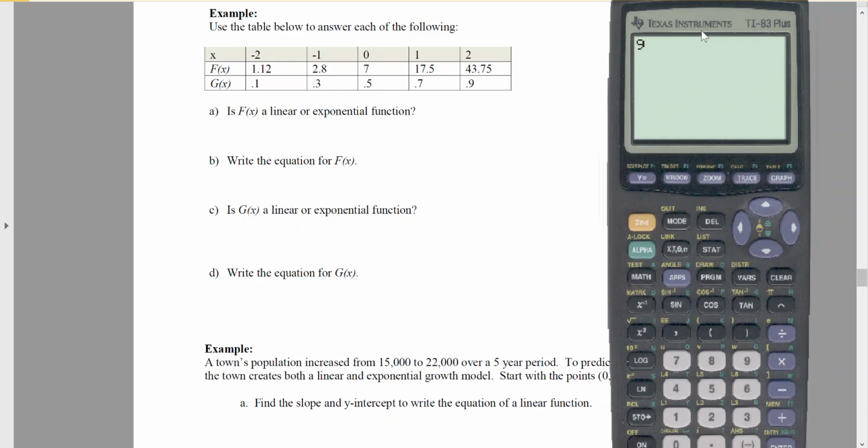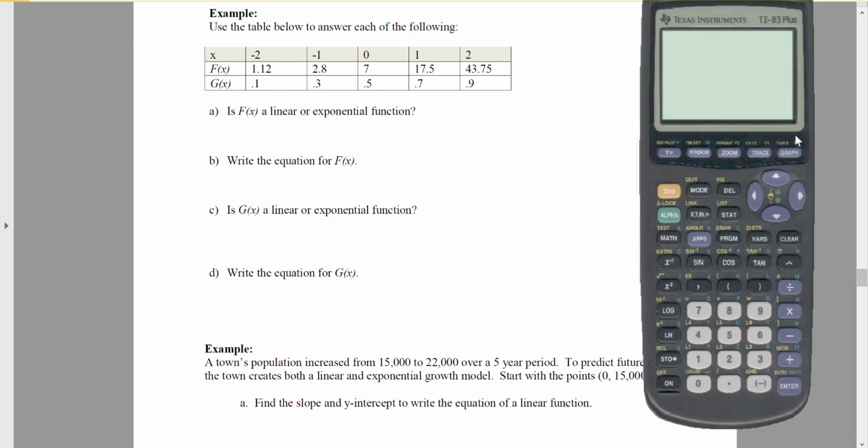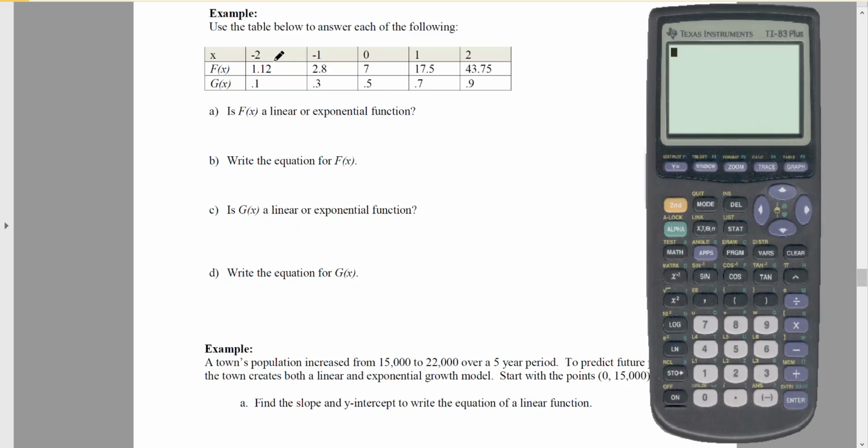Point 2 of your notes, we're looking to see if f of x is a linear function or an exponential function, and we're going to do that by taking a look at whether the ratio is constant or whether the difference is constant between two consecutive terms here. So at x equals -1, our output is 2.8, and at x equals -2, our output is 1.12. So I can look at the difference in those numbers, difference being subtraction, and take 2.8